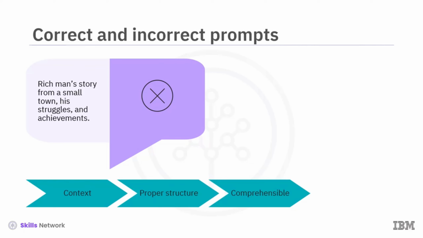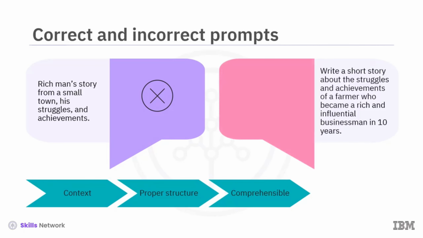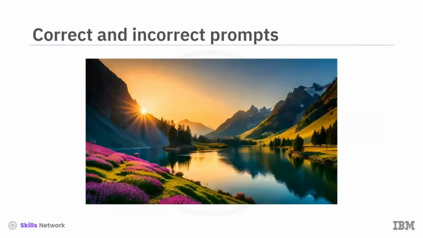So you can rewrite the prompt as, "Write a short story about the struggles and achievements of a farmer who became a rich and influential businessman in 10 years." Let's look at another example where you want the model to generate an image of a sunset scenery